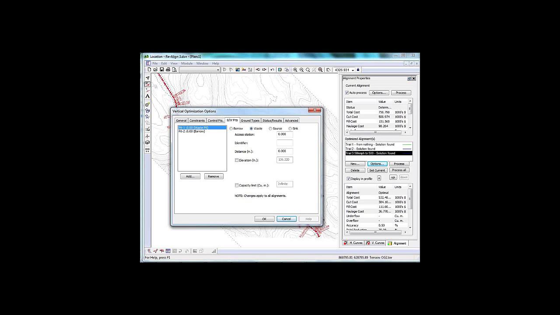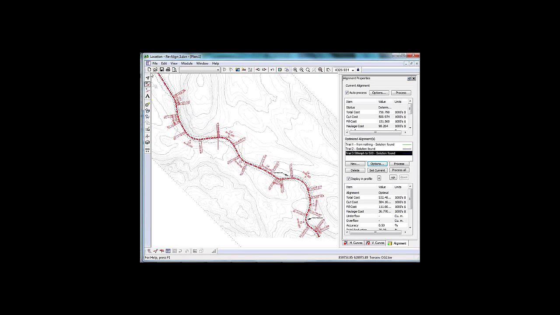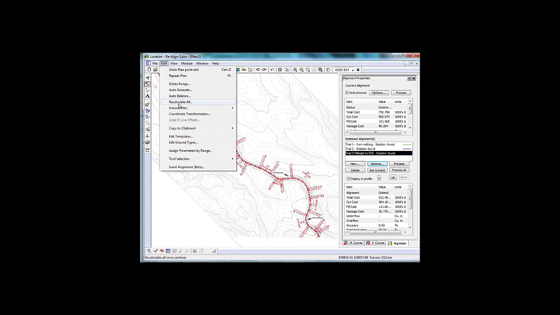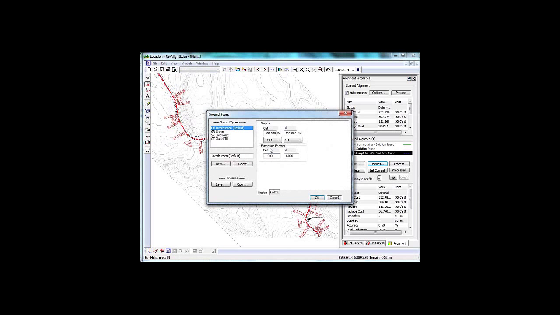Question, shrink and swell, yes, absolutely. Just like in RoadEng, you can, well, if you're not familiar with RoadEng, you can change the quality of your material, and in fact, you can put in shrink and swell factors. Most people are working in bank cubic meters, so you would have your cut expansion factor set to 1 and your fill expansion factor set to